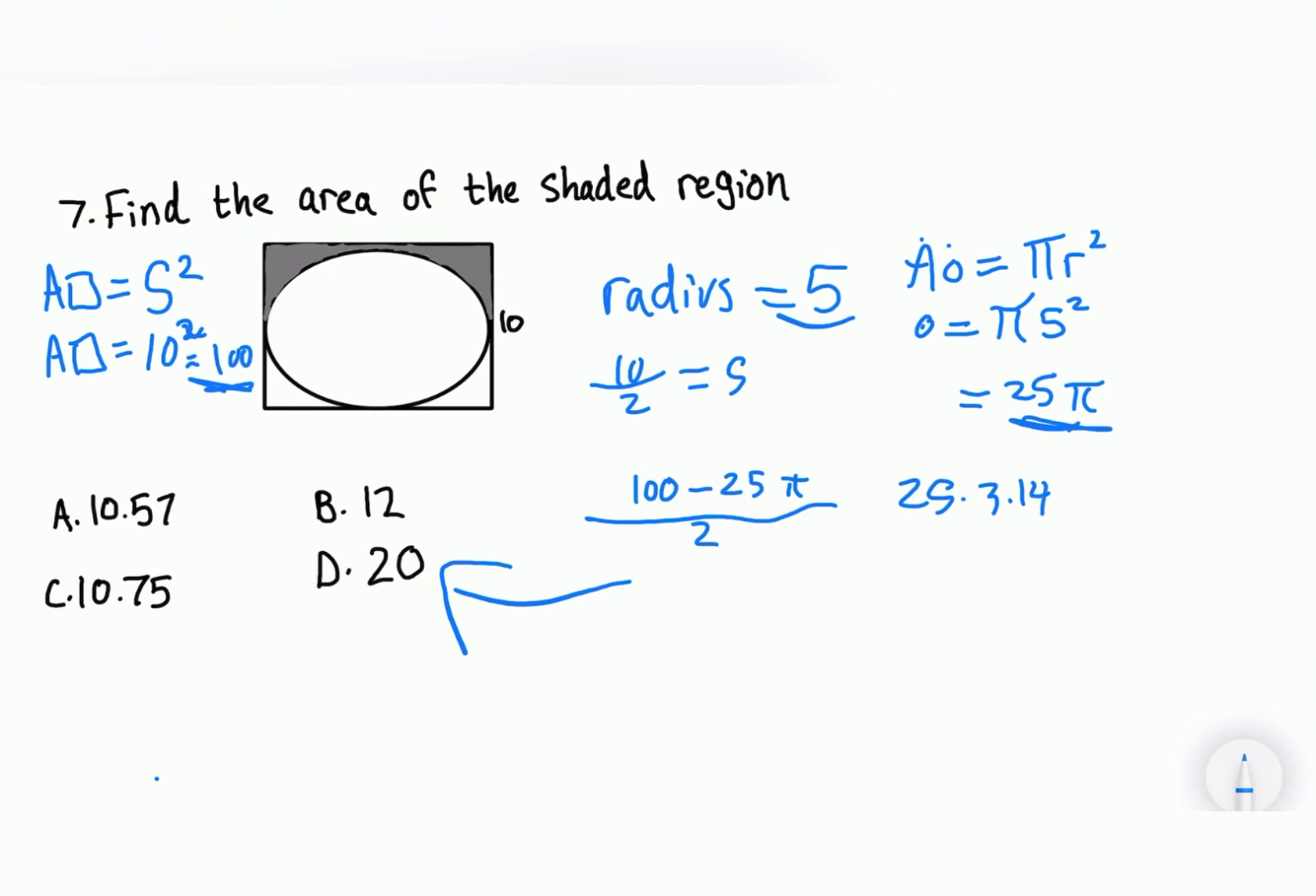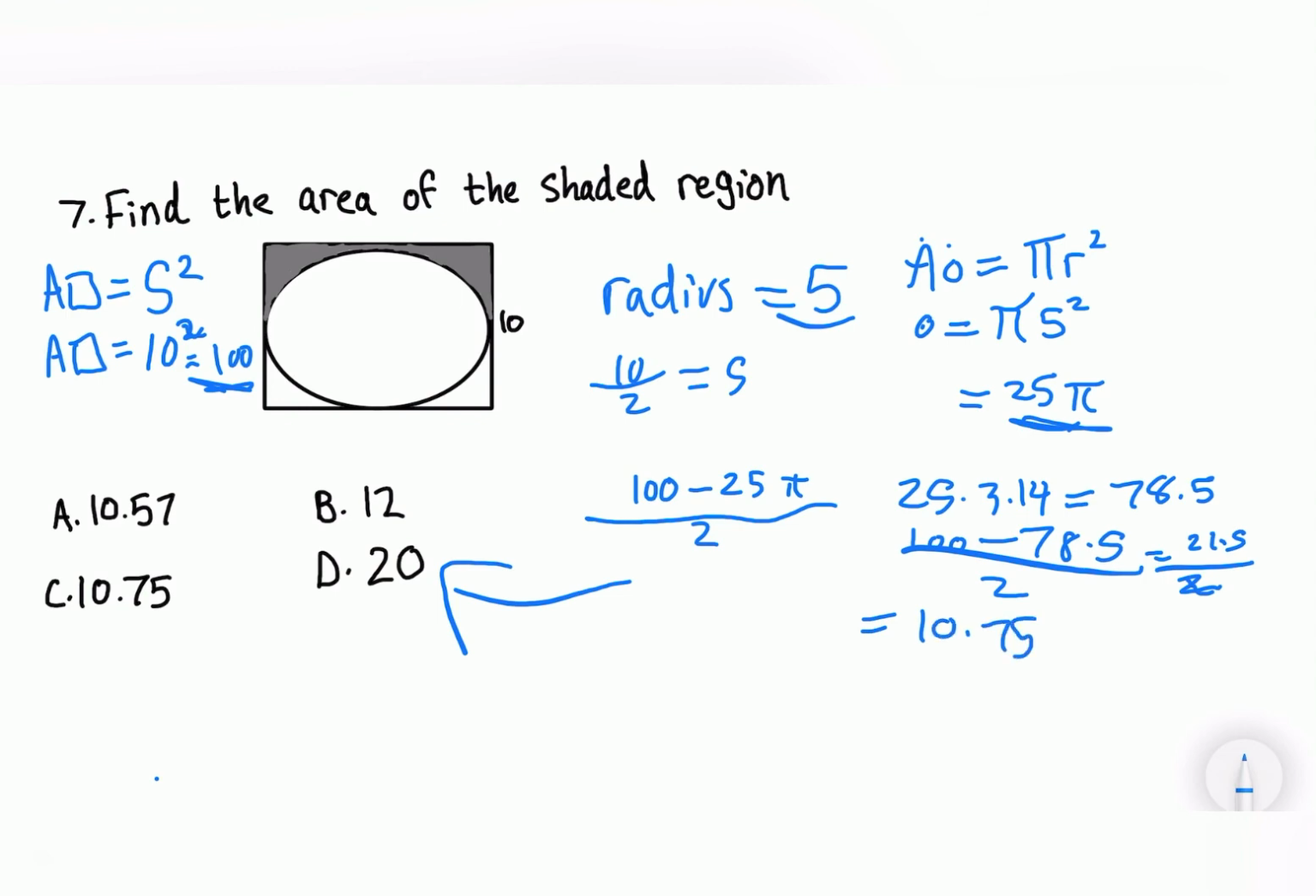25 times what? 3.14, which gives us approximately 78.5. So now we subtract 100 from 78.5 and divide all of it by 2. Okay, so now what is 100 minus 78.5? It's 21.5, and then we divide the 21.5 by 2, which is equal to approximately